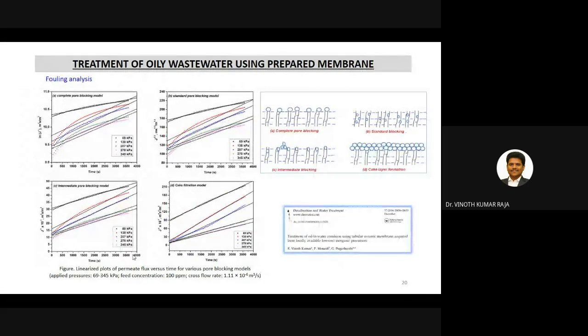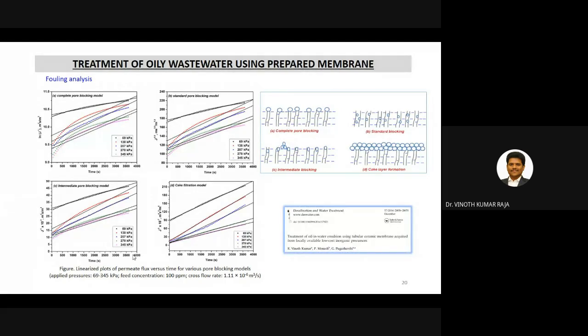In addition to that, we also analyzed the fouling study. From the permeate flux profile, we have seen that there is flux decline at higher pressure as well as higher concentration, and we have also obtained flux decline with respect to the cross flow rate, so the cross flow rate also plays a role. So we would like to study the fouling analysis for this particular application. So to identify the